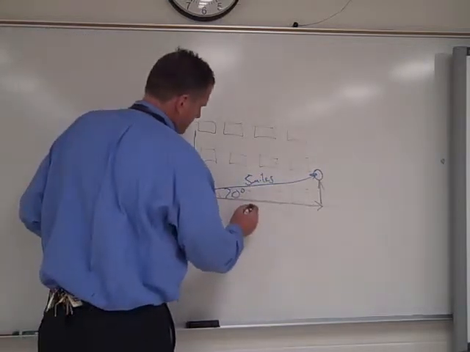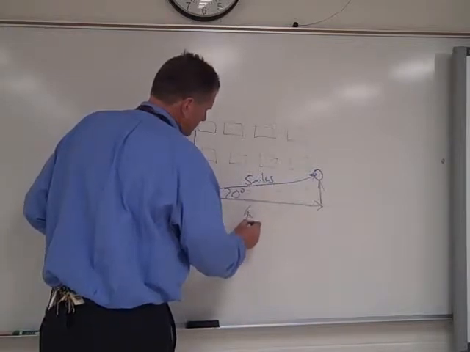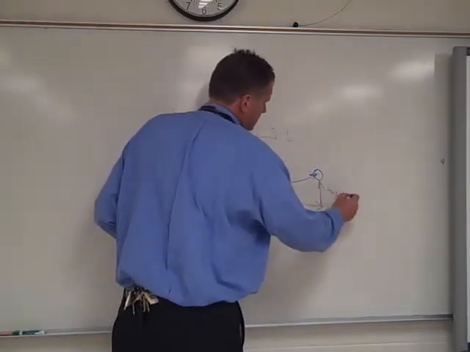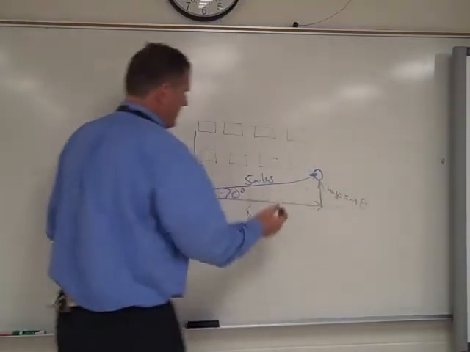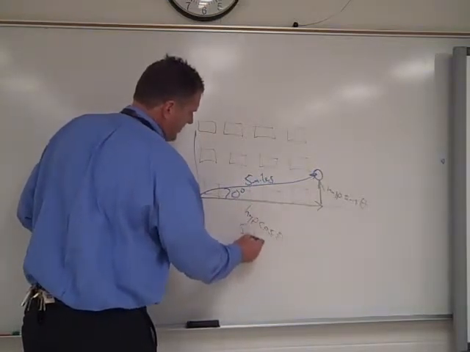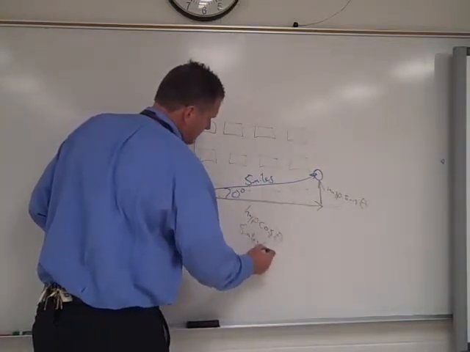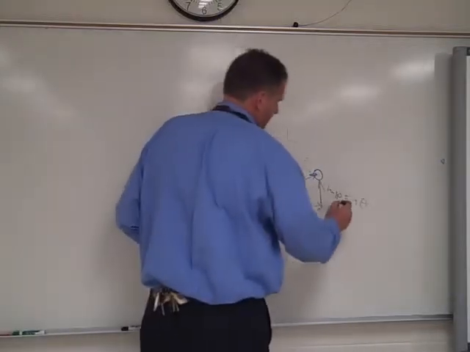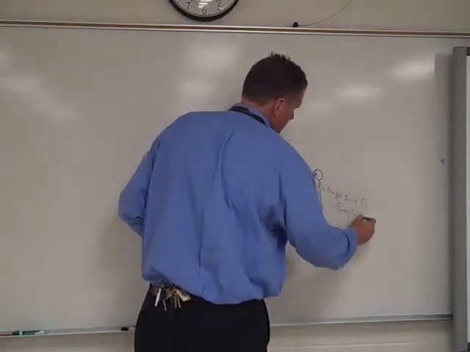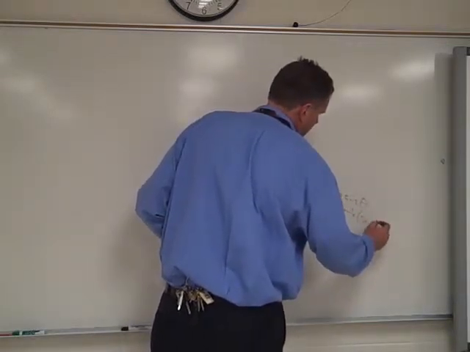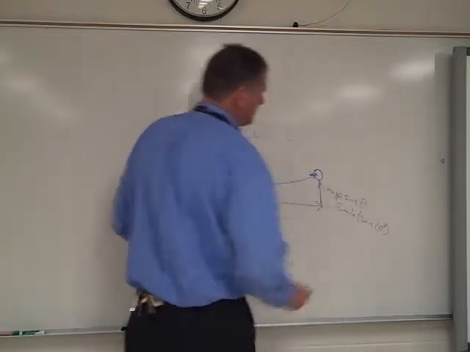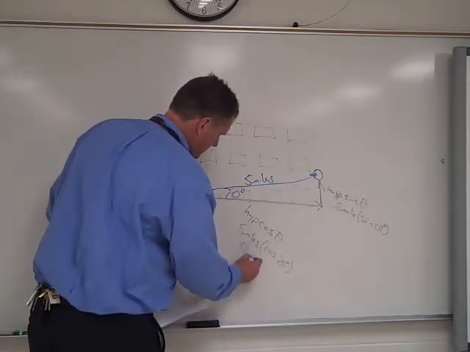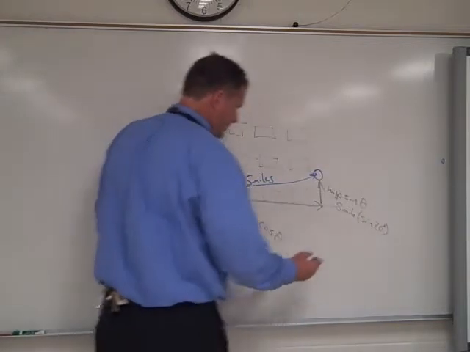This is simply hypotenuse, cosine theta, and this is hypotenuse, sine theta. I'll put the numbers in. 5 miles times cosine of 20 degrees, 5 miles times sine of 20 degrees. Put that in your calculator and you get 4.7 miles. And over here you get 1.7